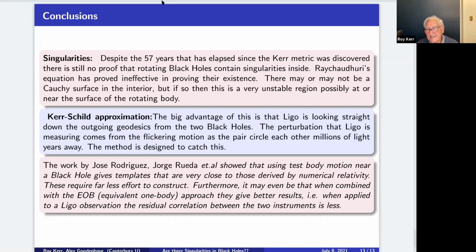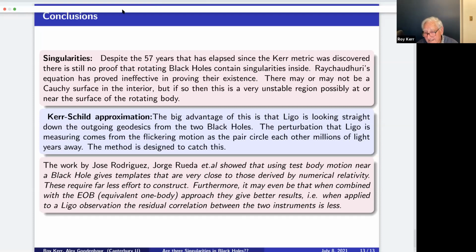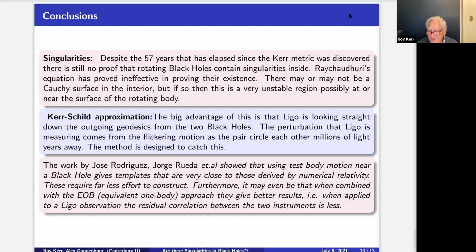Finally, what I can say is forget the singularities. Anybody who thinks that there are singularities should provide a proof, or a proof that there are singularities inside black holes. Remember, Roger did not. He said either a singularity or something else. What I'm saying is it's the something else. And there is, in 50 odd years, no other proof. Thank you. I'll stop there.